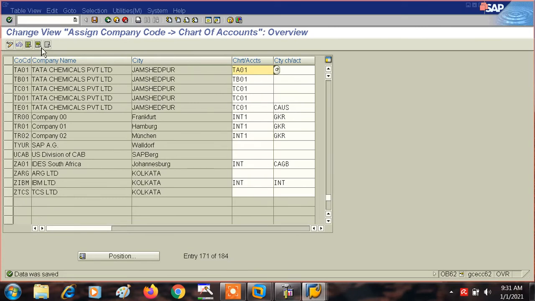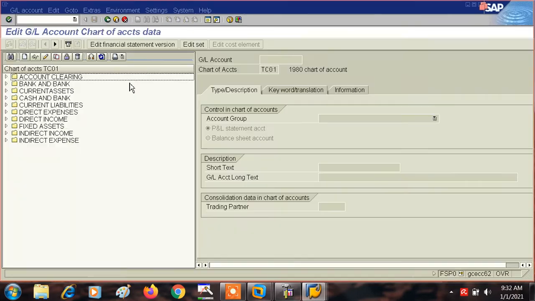So let me show you the table also, because I'm not going to create separate videos for the tables of chart of accounts, or any kinds of tables. So in the same topic, from now onwards, I'm going to show you the tables also. Let me show you the tables for chart of accounts.